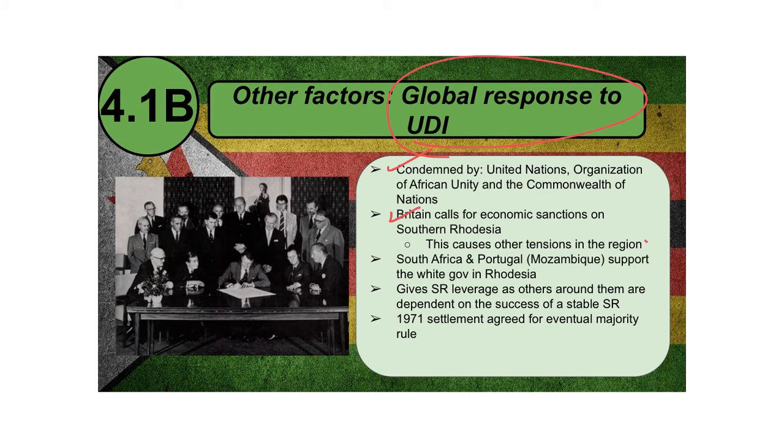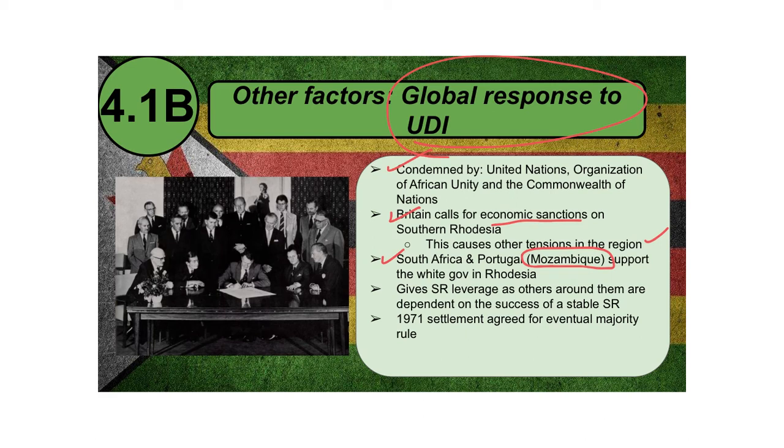This is going to cause more tensions in the region, and the reason why is because that region of Southern Africa largely depended on a stable Southern Rhodesia, and so if there are economic sanctions in the area, it's going to cause instability. That's the first thing, and it's going to cause more tension in a region that's already on the brink, because new nations are getting independent around it, and those nations are struggling to survive because of influence from both West and East. And so this is causing tension in the region, and adding economic sanctions to that is going to make it even worse.